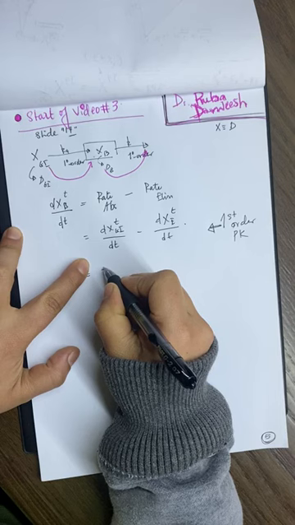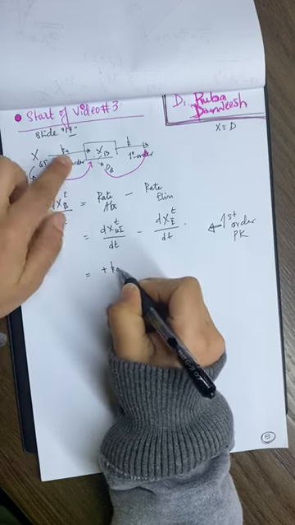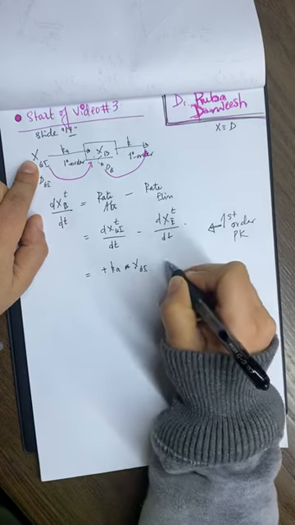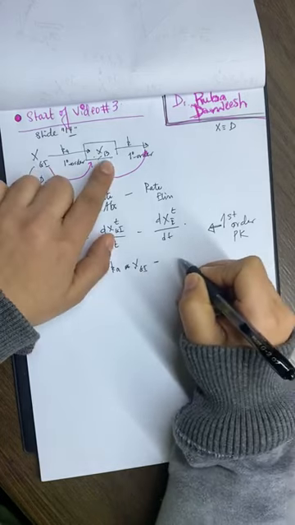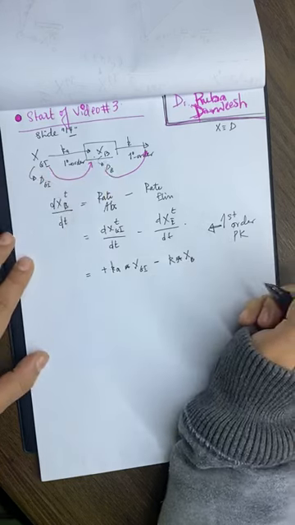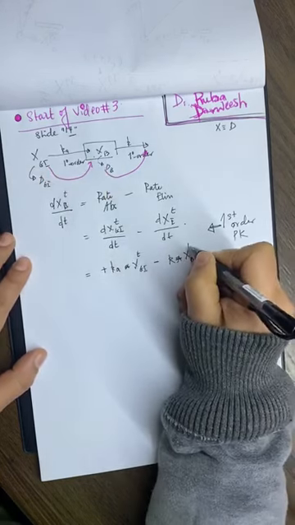So this will be positive Ka multiplied by XGI minus K multiplied by XB at certain time,